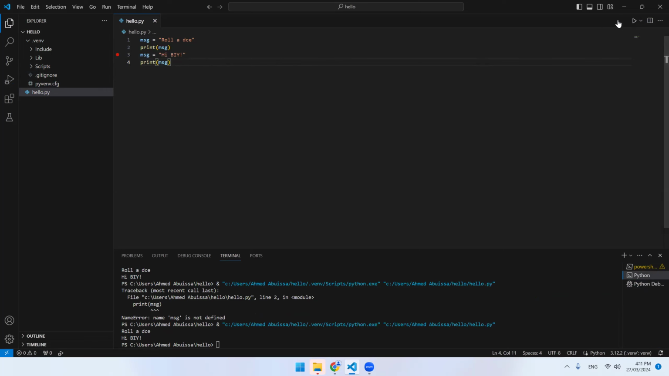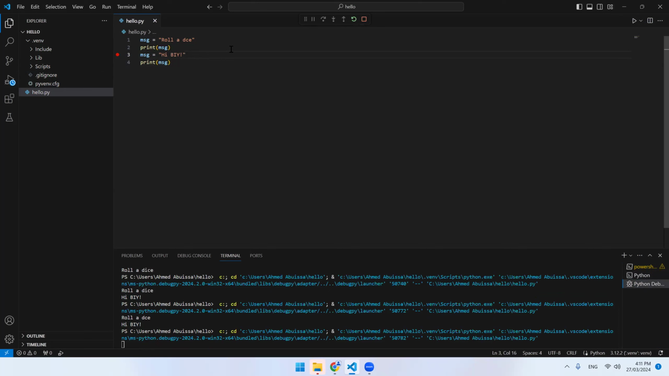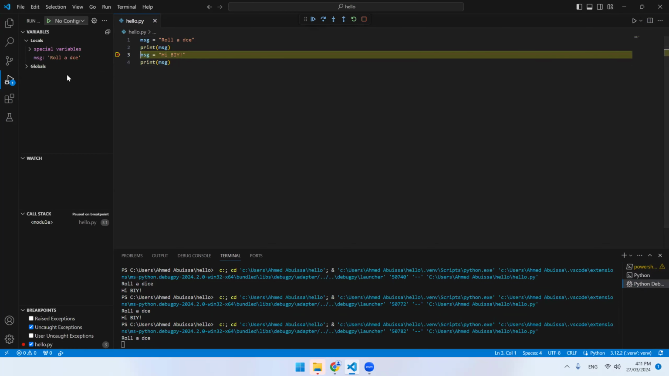Why should it not wait, F5? Okay, I have the run and debug. When I press it, run and debug, I don't know what's happening. What is the issue? I have the breakpoint and then I have run and debug, but it's not highlighting it